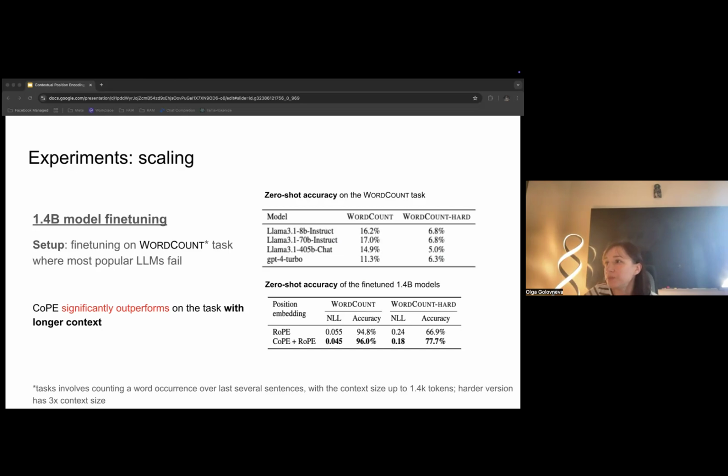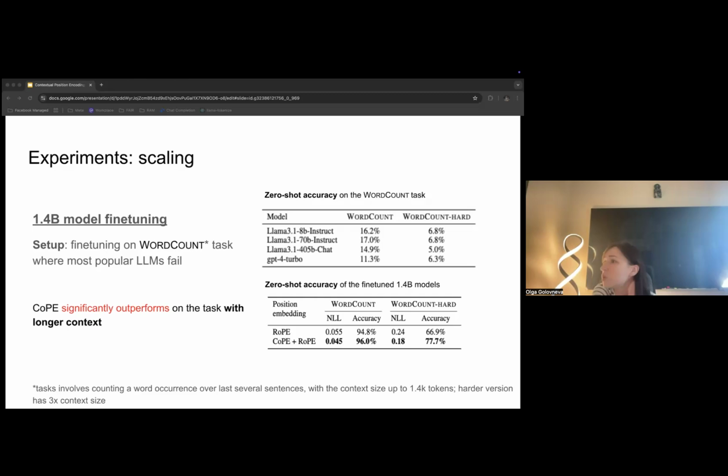Then we experiment with introducing a new word count task. In this task, the model is asked to count how many times a specific word occurs in the last K sentences. So, what I mentioned in the beginning, like the example I showed with GPT-4. To run these experiments, we use the TinyStories dataset. We generate 2 million stories for training and 20,000 for validation.